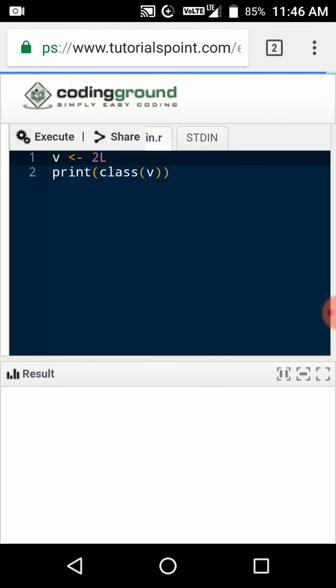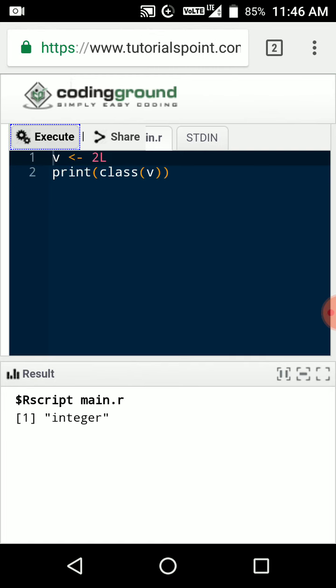I'm executing the basic class. Here they are providing the environment for the program execution also. While clicking execute, this shows what type of class it is. We already explained 2L is the long integer. We are assigning it with the help of the assignment operator. V is the vector.